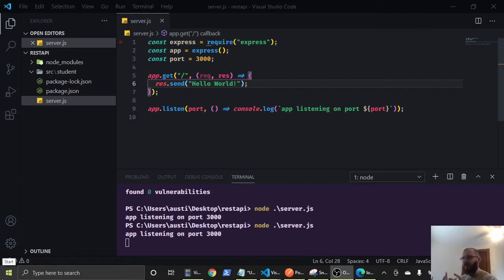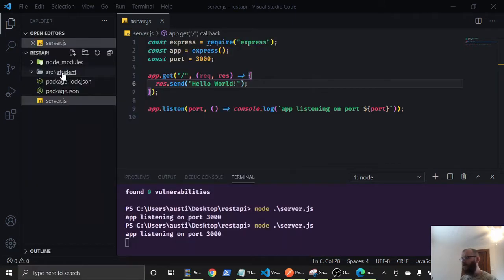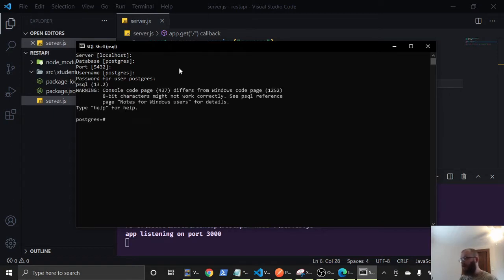Now, before we get any further into routing and things like that, we want to go ahead and set up our PostgreSQL database. So I'm assuming you have Postgres installed on your computer. So we want to type in psql into our search bar, and we want to open up the SQL shell. Now, the first thing we need to do is log in. And in our case, we can most likely just hit enter. Enter for the database, enter for the port, enter for the username. If you put a password when you installed, in my case was test, and I hit enter,